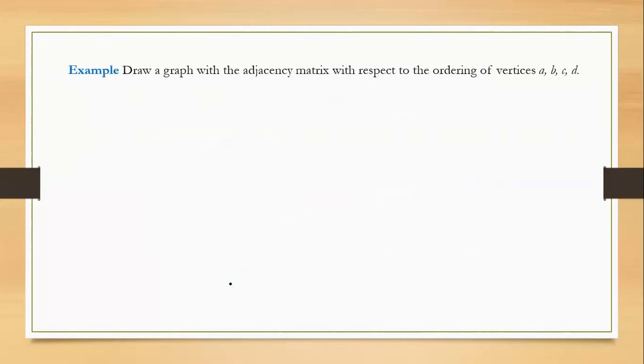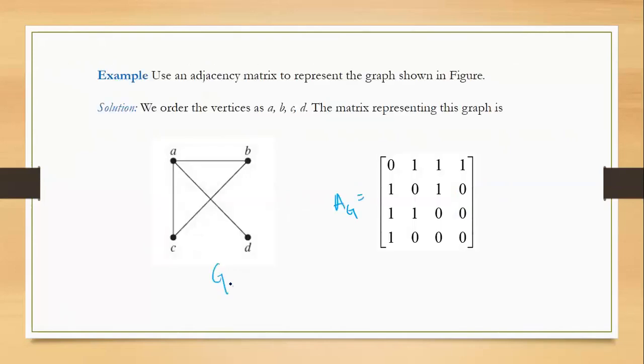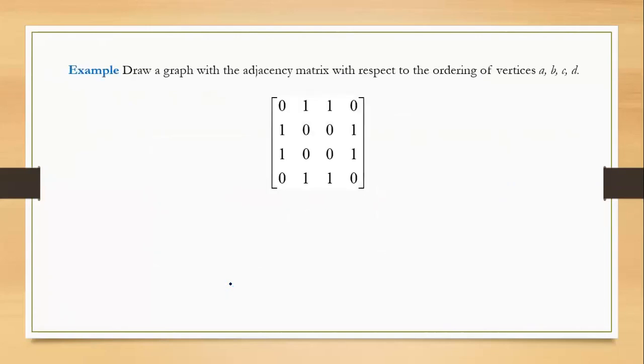Now, in the earlier problem, we were given the graph and we had to write the matrix. Now, instead of that, we will be given a matrix and we have to draw the graph. How should we do it? First and foremost, you have to name the vertices as A, B, C, D, and over here also A, B, C, D. Now, after that, take 4 vertices as A, B, C, and D.